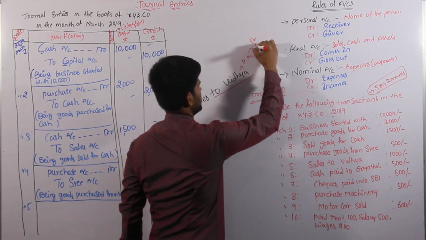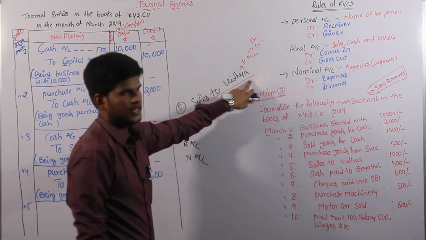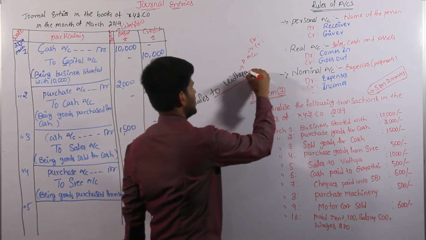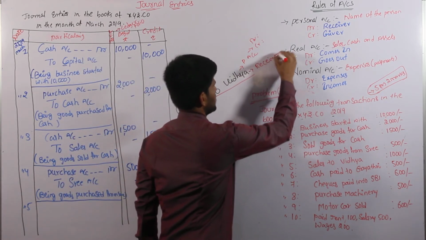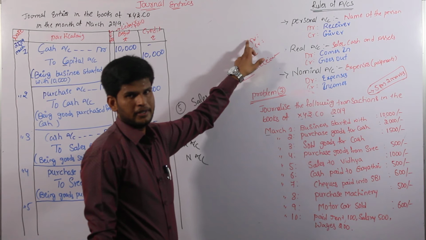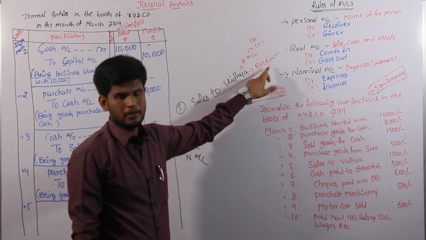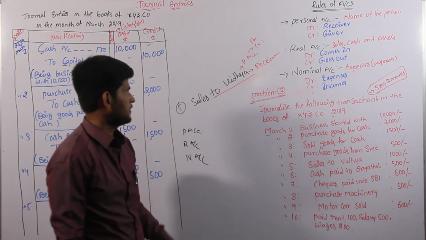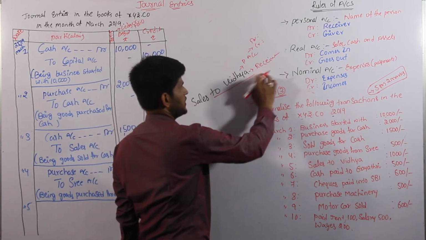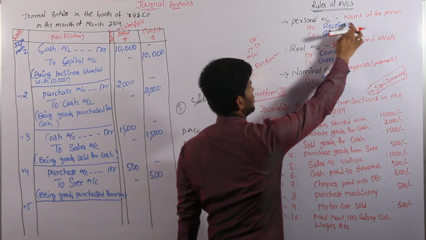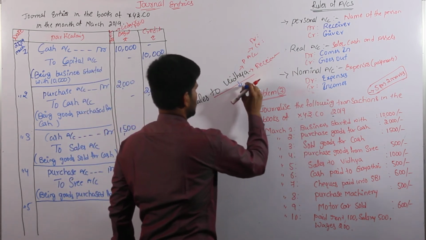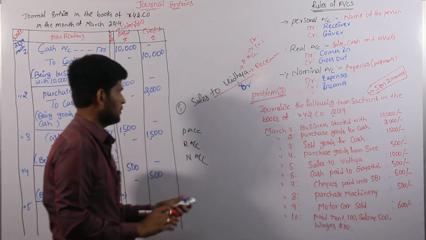Again we have to identify the credit system and debit system. To Vidya is nothing but we are selling to Vidya. So to Vidya is nothing but she is the receiver. So we can take she is called as a receiver. We have identified three objectives. Vidya goes to personal account and then we can take the debit and credit system. Third one is receiver, means she is the receiver or giver, that we have to identify. Vidya is receiving, so we can take it is debit system or credit system. According to the personal account, receiver is always there in debit side. So Vidya goes to debit side.